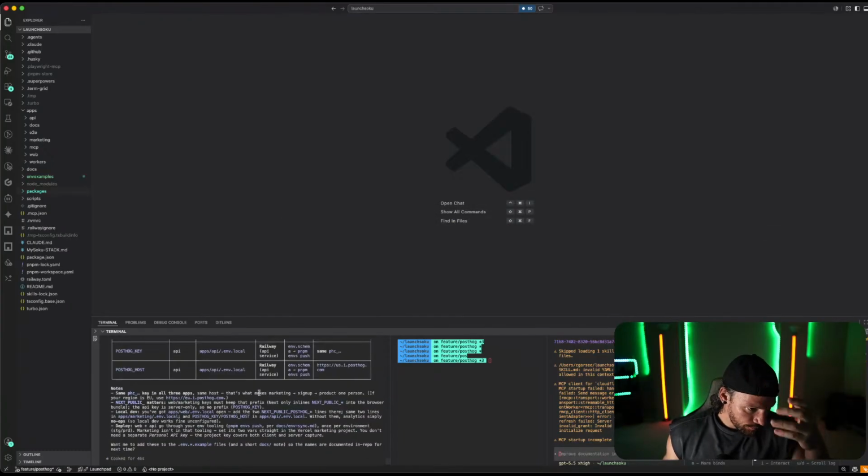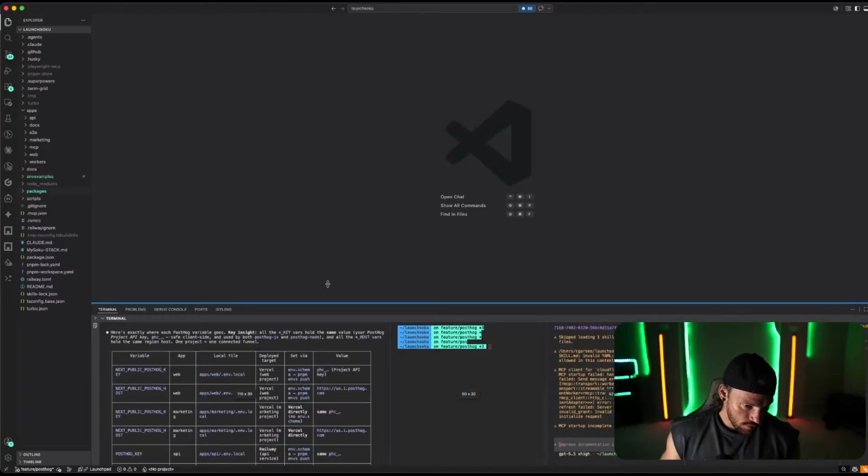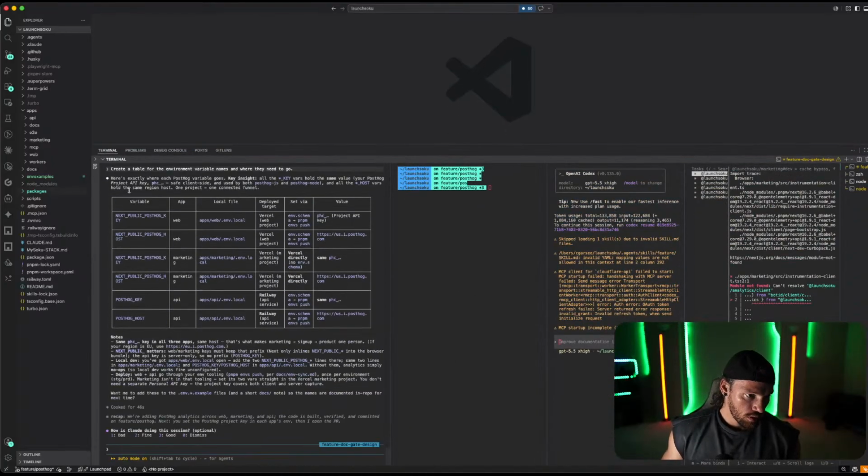All right, so where are we at? Let's see what this is saying. Here's exactly where the PostHog variable goes. Key insight, all of the keys hold the same value for your PostHog project API key. Got it. And use both in PostHog JS and Node. Okay, that makes sense. The problem is going to be